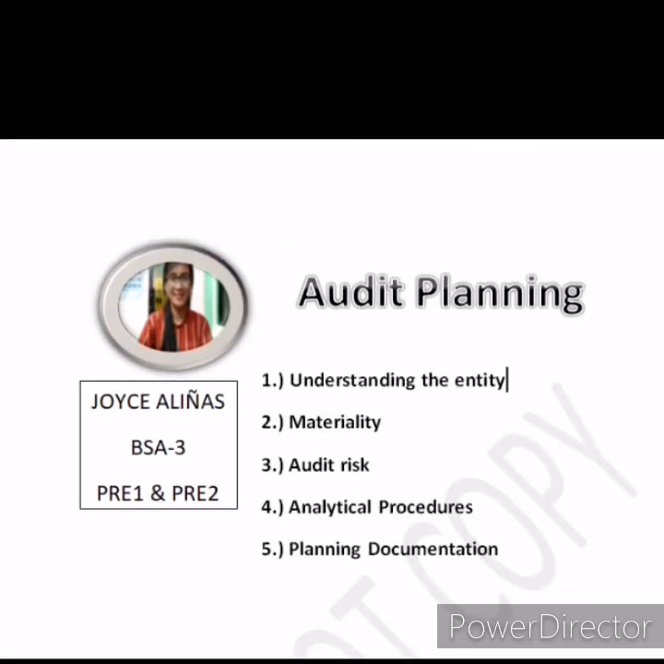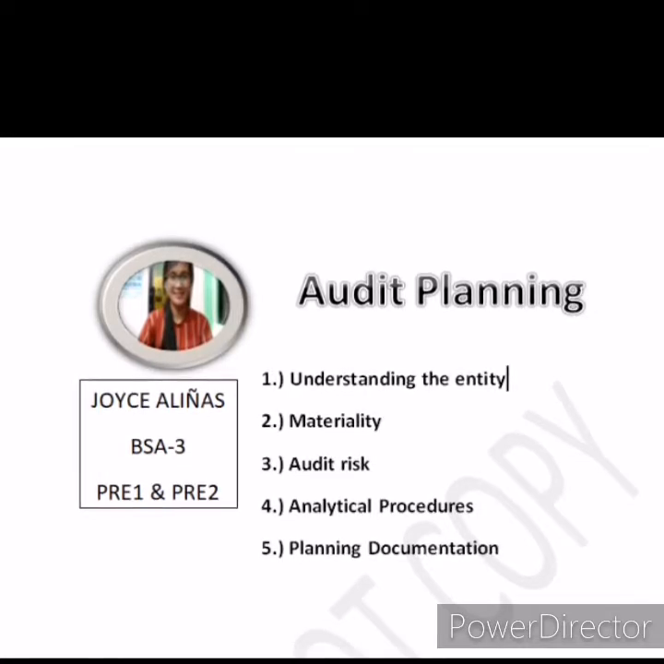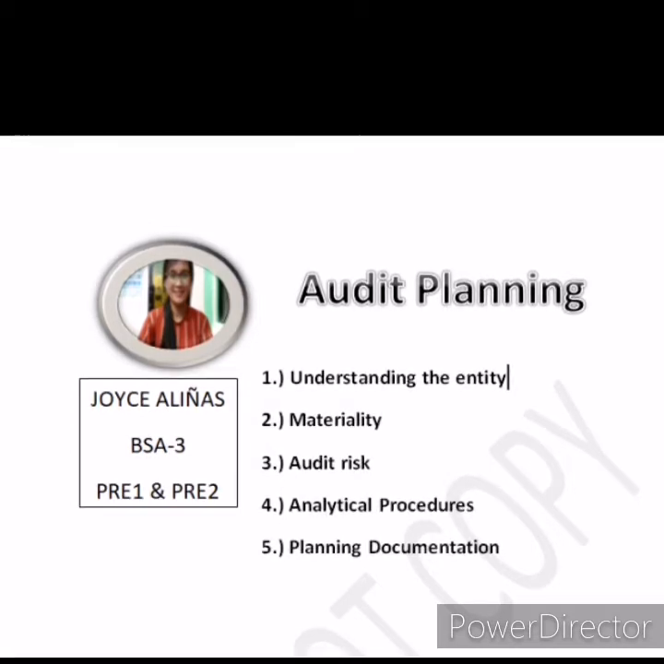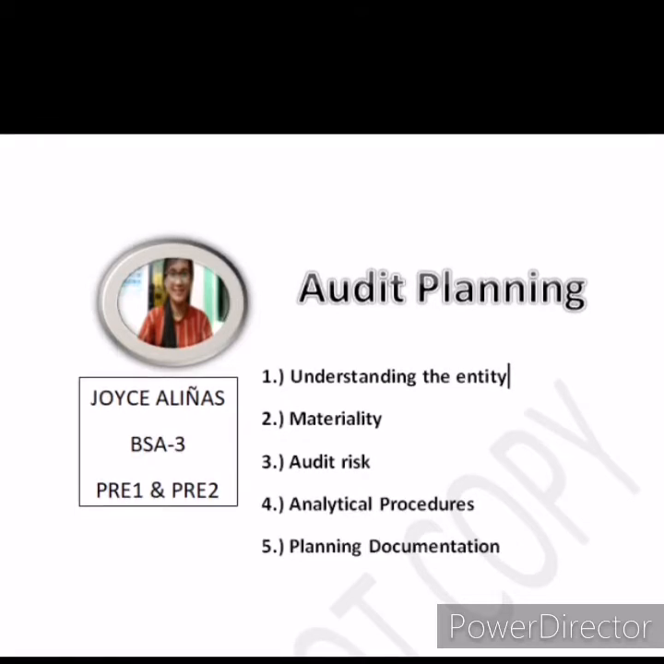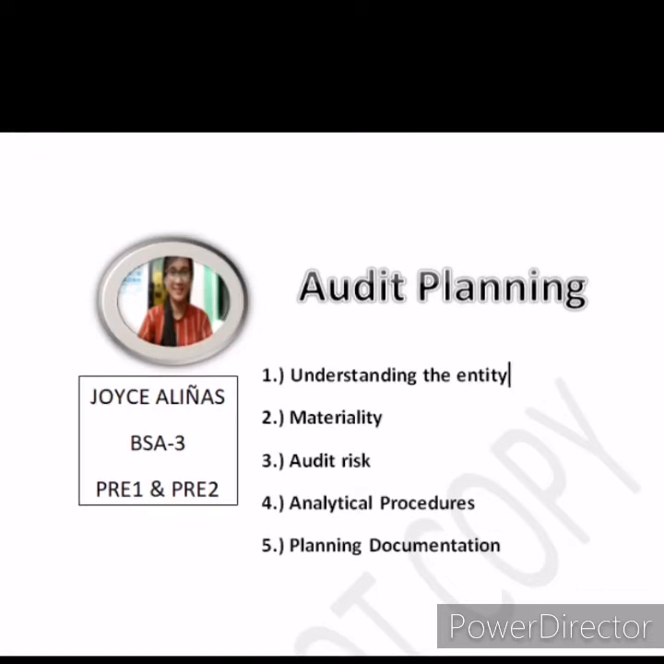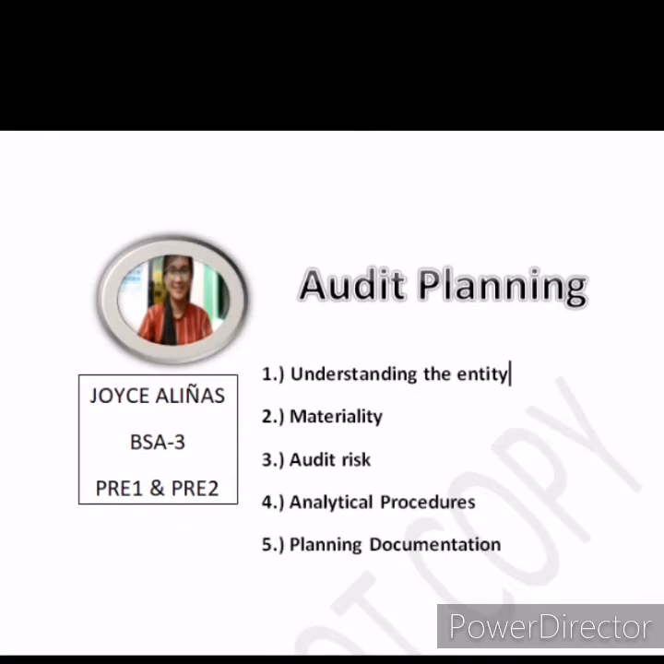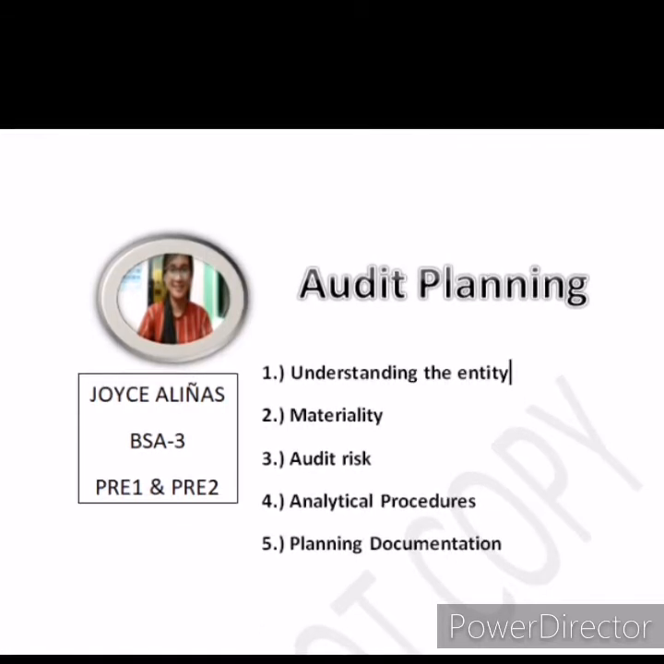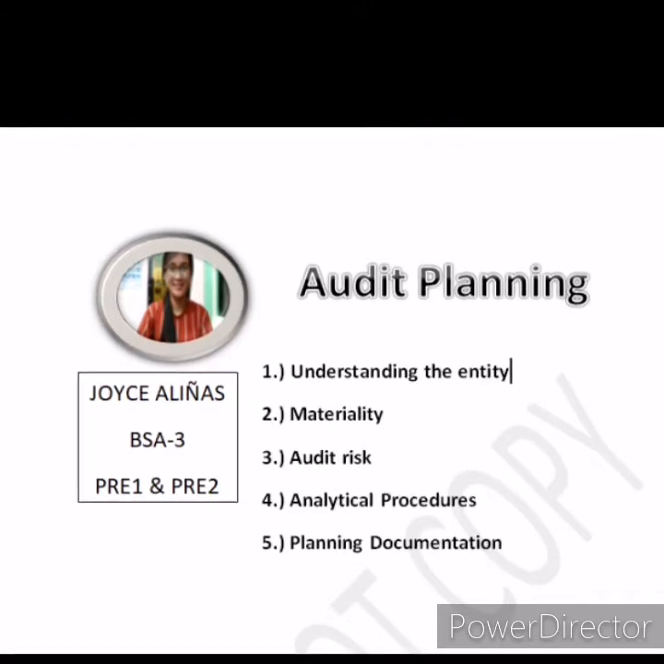Audit planning. Audit planning is the second step in the audit process. This is used to formulate audit strategy, which has the main objective of determining the scope of audit procedures. Scope is all about the nature, timing, and extent of the audit process. Audit planning discusses 5 concepts, which are understanding the entity, materiality, audit risk, analytical procedures, and lastly, the planning